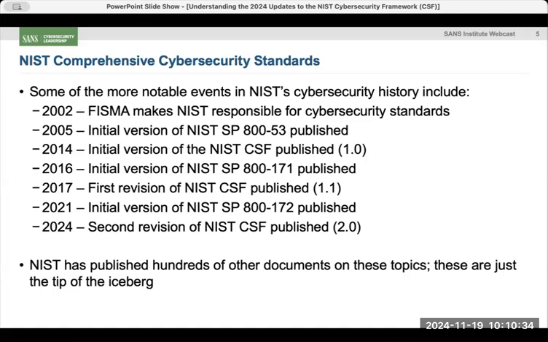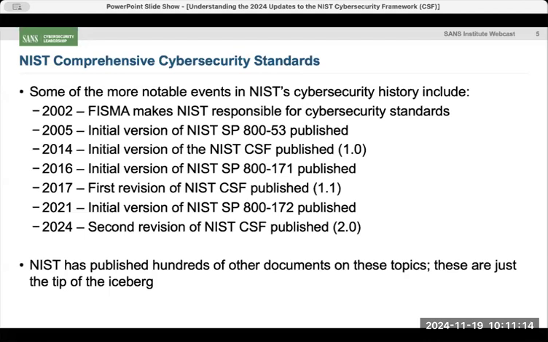And many of you know, you may not love 853, but you know that it's been around for a long time. In 2014, the Cybersecurity Framework was first published in its 1.0 version. And in 2016, the first version of 800-171 was published. Now, all three of those standards, 53, the CSF, and 171, are all cybersecurity defensive standards. They're cybersecurity frameworks. They're basically this idea of what's a list of the good things that I should be doing to be able to defend myself. And 800-172 was published in 2021 as a way to augment 800-171. So again, you have all these documents that are in place.